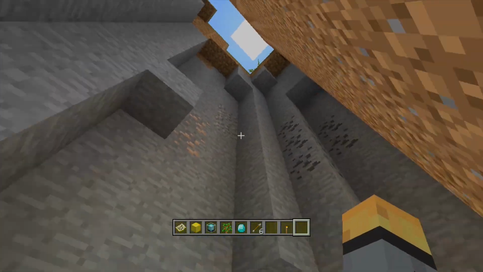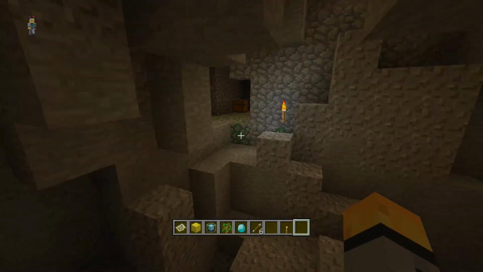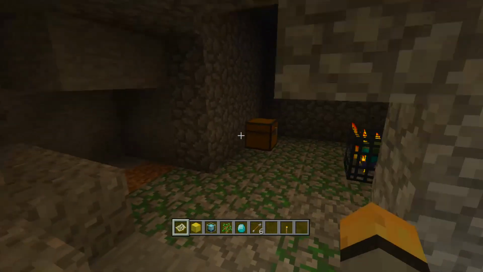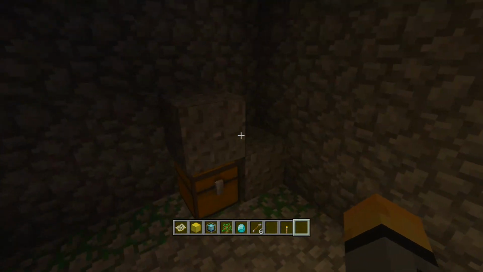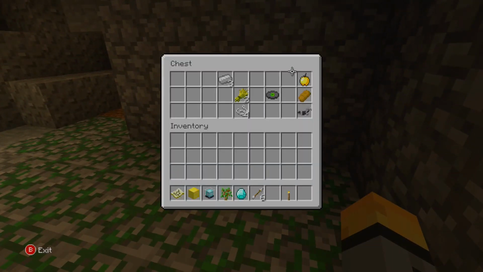Also, if you do decide to head down here, if you jump down here and head through the cave, there's actually the first mob spawner just over here. So these corners just here below ground, you have access to a zombie spawner. You want to torch this thing up at first, of course, and then you'll get yourself a golden apple,